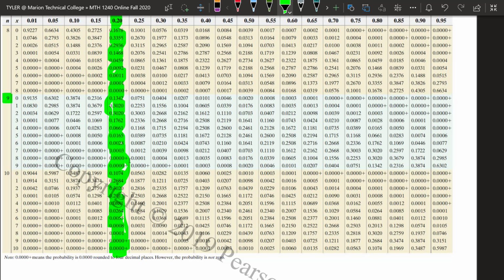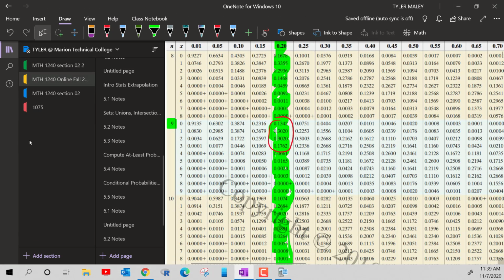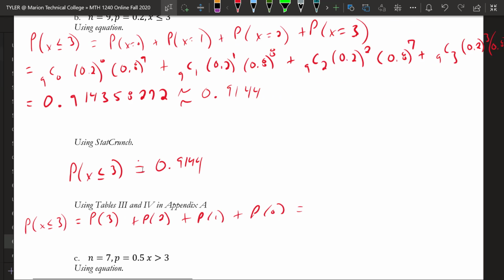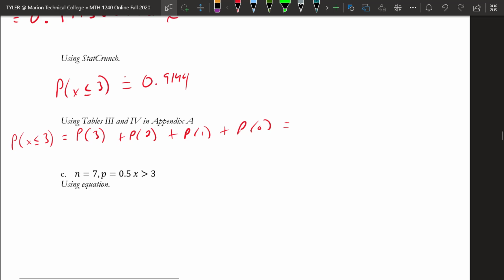And we need to find the probability that x is 0, 1, 2, and 3, right? So that would be these values here. We'd have to add all of those up, right? So we're using the table to find each of those probabilities, but x less than or equal to 3 means that we would add those together, right? So this would end up being from the table